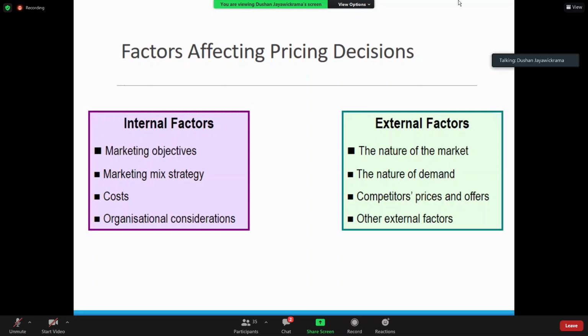Initially you charge a relatively low price. Having said that, though, you might have some different examples also. When mobile phones were first introduced to the market, the price was very high. That is simply because it was a technologically advanced product. They had a unique competitive advantage which no one else then could match. So therefore, they had the advantage of charging a high price.